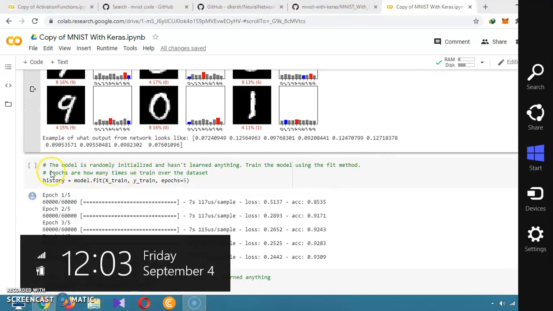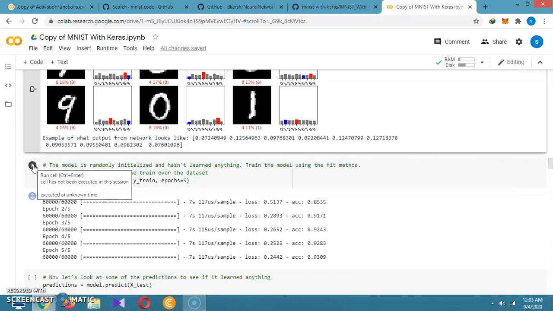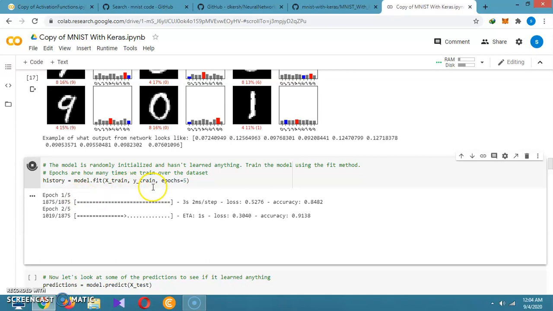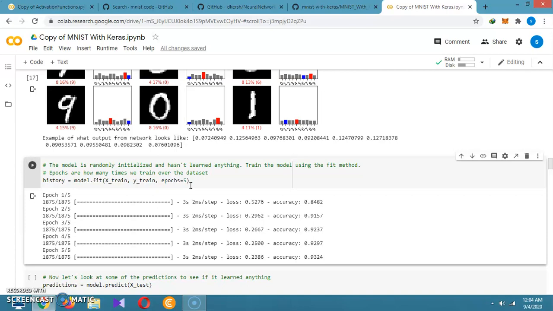Then after that, this is the history in which we are fitting the model. For fitting the model, model.fit is one command, and we are using X training, Y training, and epochs equal to 5. If you need to change the epochs, we can change to 10, 30, 50, any number, but we need to find the exact epoch count which will give us an accurate value. If I give 10, just check it.